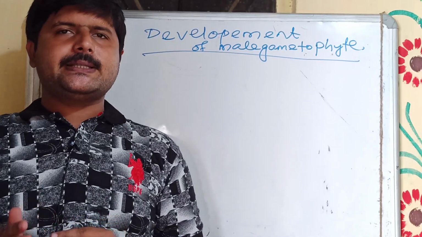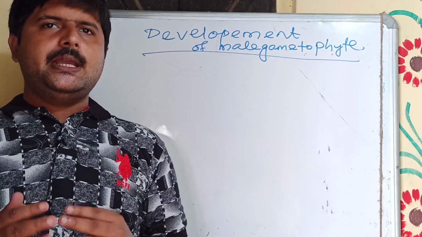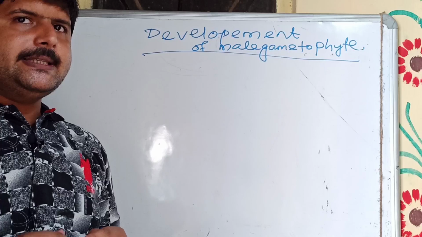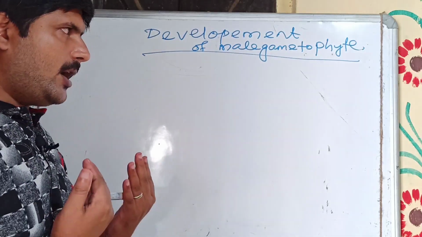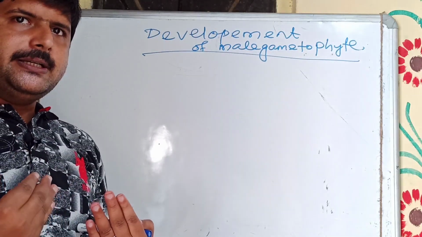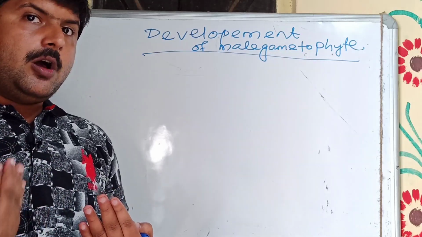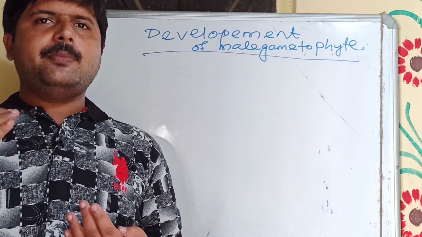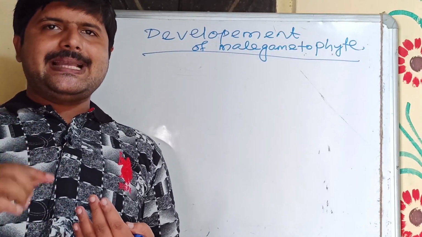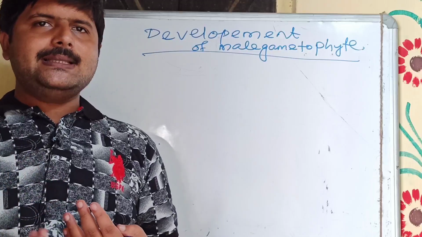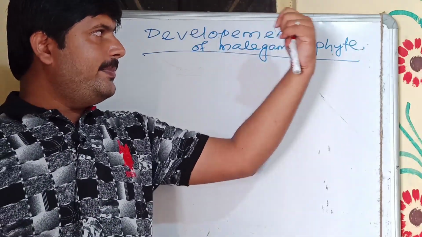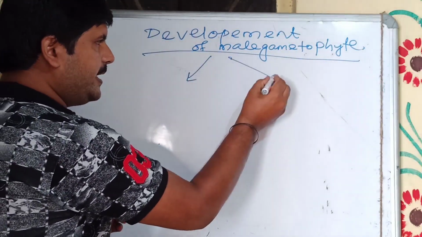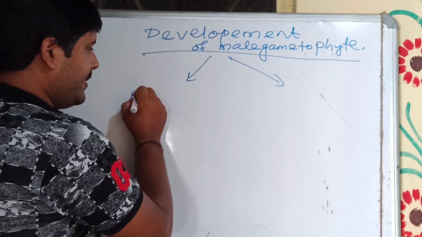Dear students, today we discuss the first long question in reproduction in flowering plants, that is, development of male gametophyte. What is male gametophyte? The process of development of male gamete inside the pollen grain or microspore is known as development of male gametophyte. This process is conducted by means of two important steps, that is the